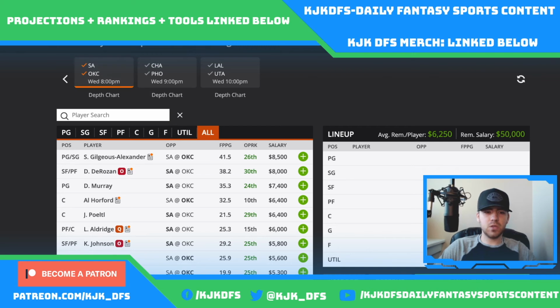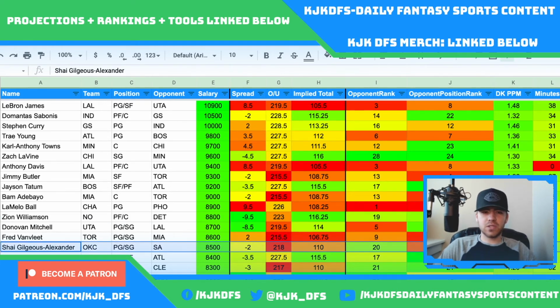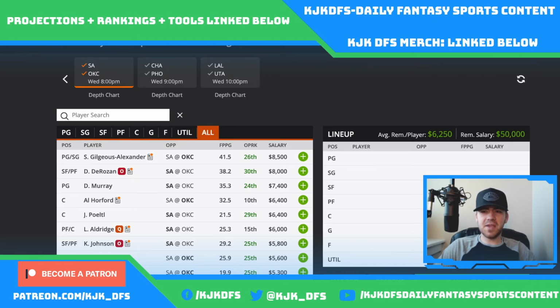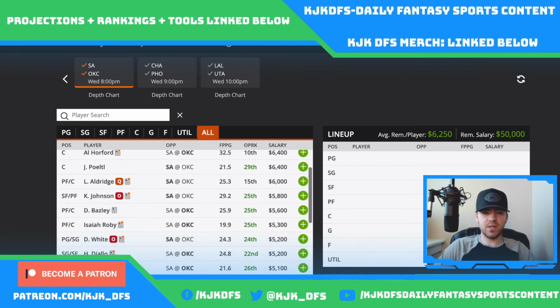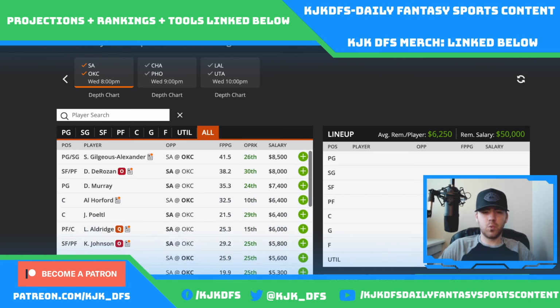This game is also very, very slow. This game comes in with a 218 over-under, which as we go along the slate, we're finding out that there's a lot of boring games, to be honest. So DeMar DeRozan is listed as out. Keldon Johnson is listed as out. Derrick White is listed as out. Rudy Gay is listed as out. So with it being said that this game's going to be boring, we do have some massive minutes and usage